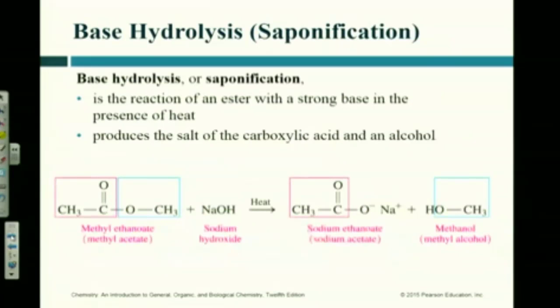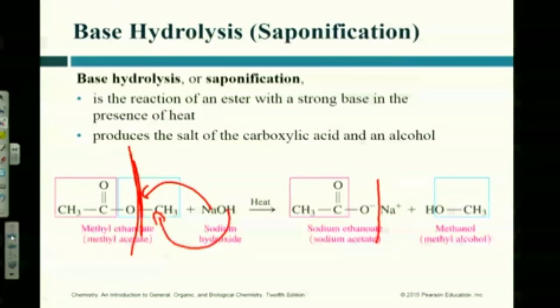Here we go. We break it apart right here, and what would happen here? We would need the sodium to go here, right? Actually, they have this drawn backwards. They have it drawn where it breaks apart here. So the sodium comes here, and the OH comes here. So, here's our sodium attracted to the oxygen, and here is our hydroxyl group on the carbon here. So we really made, looks like